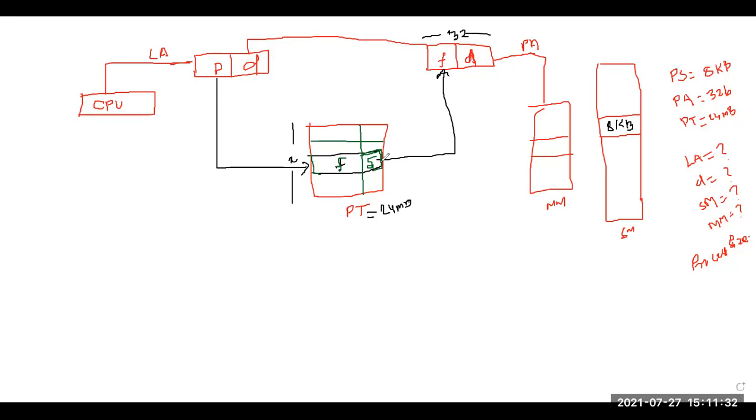Now find the options. What will be the answer for this question? So you have to answer this. What will be the number of bits used for the logical address? What will be the number of bits for the offset? What is the memory supported for secondary memory? What is the memory supported for primary memory? And what is the size of the process?